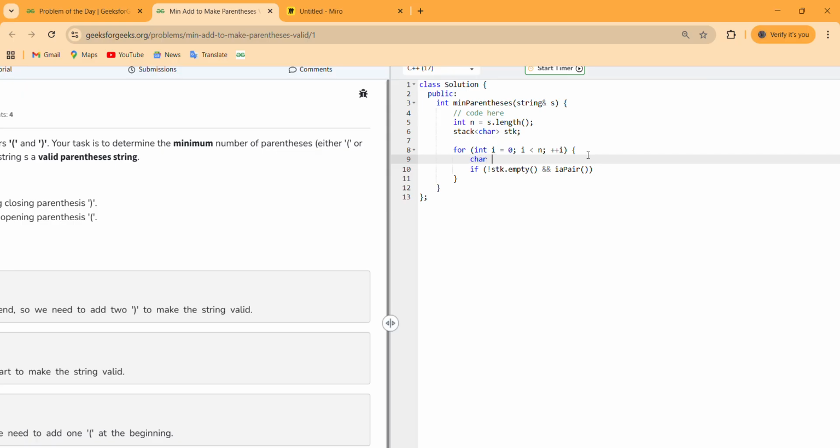This current char will be ch, s of i, and the other char will be the top of our stack. If both these conditions get true, we have to pop out from our stack, and if not, then we have to push into our stack.